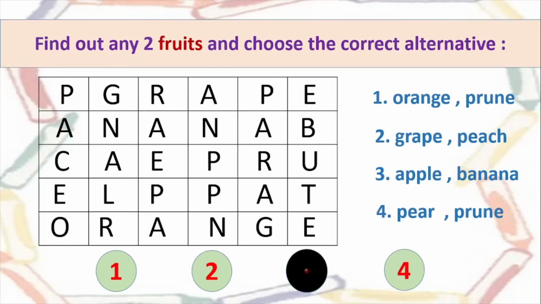It will be the third one, apple and banana. Let's see where apple is. Here apple is, A-P-P-L-E, apple. And where is banana? Here it is, B-A-N-A-N-A. Both are written backwards. Okay, now you can see grape right in front of your eye. You can see orange right in front of your eye. See in the top row horizontally I can see grape written. In the bottommost row I can see orange written, but sadly prune you will not be able to find. Okay, and you will not be able to find pear also. So which is the correct answer? It is option number 3, apple and banana.